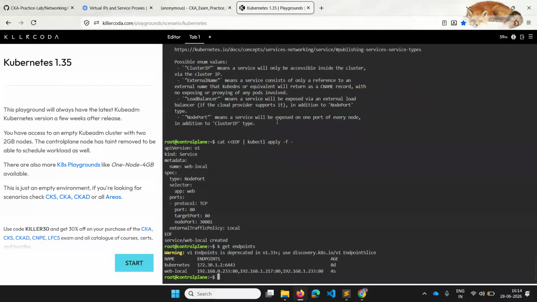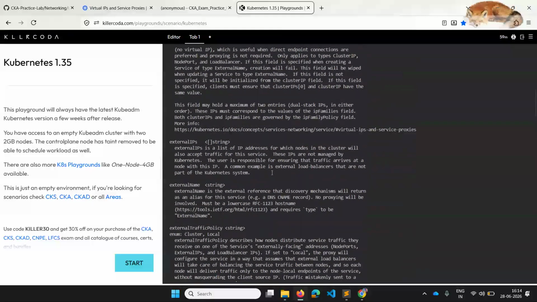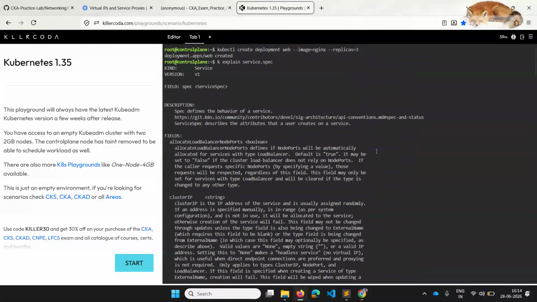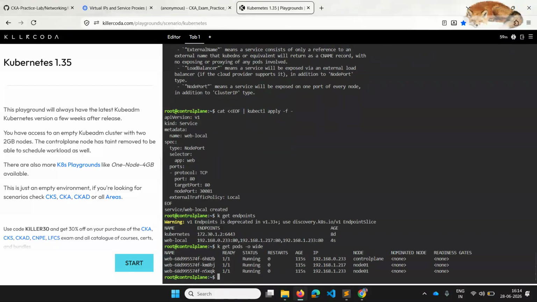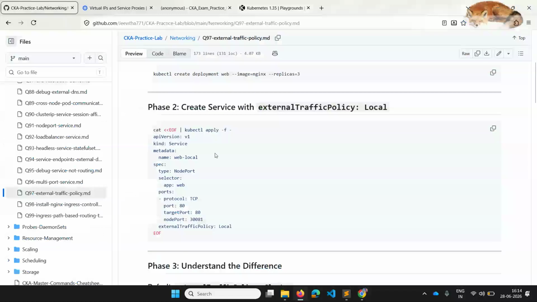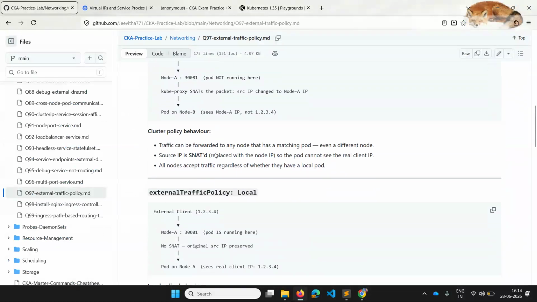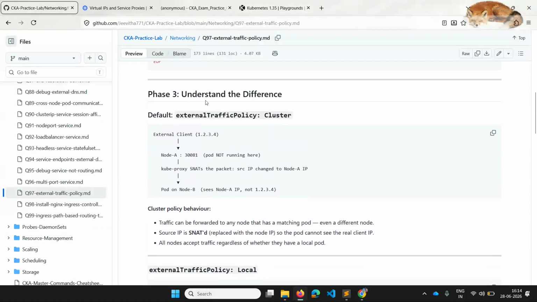So if you see, there are three different pods because I gave replicas as three. If you verify with get pods -o wide, I can see these are the pod IPs that it is trying to send the traffic to. So yes, external traffic policy is local here, and that's how the behavior works.